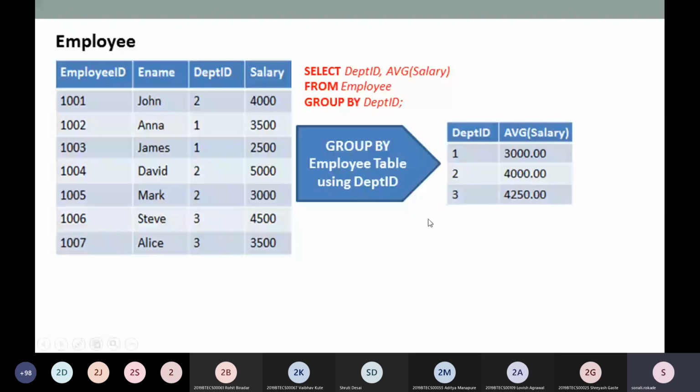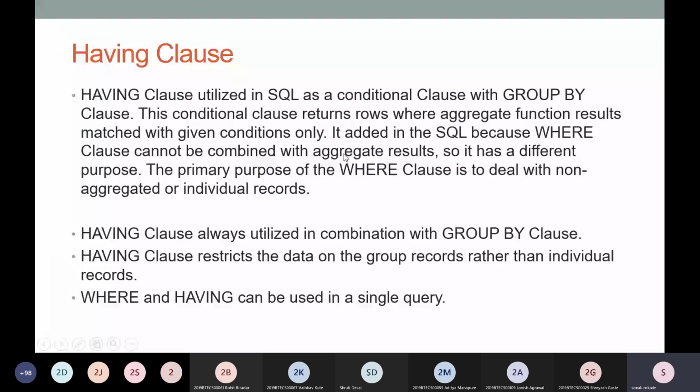Now the next one is the having clause. The having clause is also utilized in SQL as a condition clause with the group by clause. This conditional clause returns the number of rows with aggregate functions whose result matches the given condition only. It was added in SQL because the where clause cannot be combined with aggregate results, so it has a different purpose.